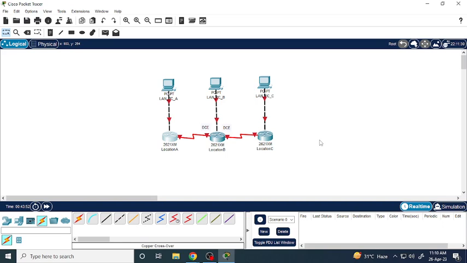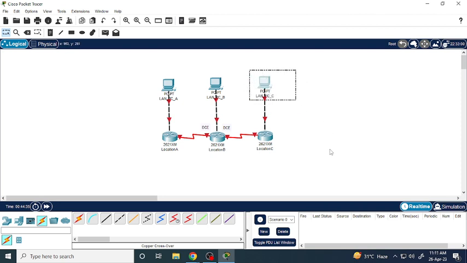In this video, we're going to see how we can perform static routing. Routing, simply put, is the process in which we set a path for a packet to travel from its source to its intended destination. For example, if we want to send a packet from a PC connected in the LAN environment that is connected to this router, and this router is acting as the default gateway, and we want to send a packet from this PC that is a LAN PC of location A